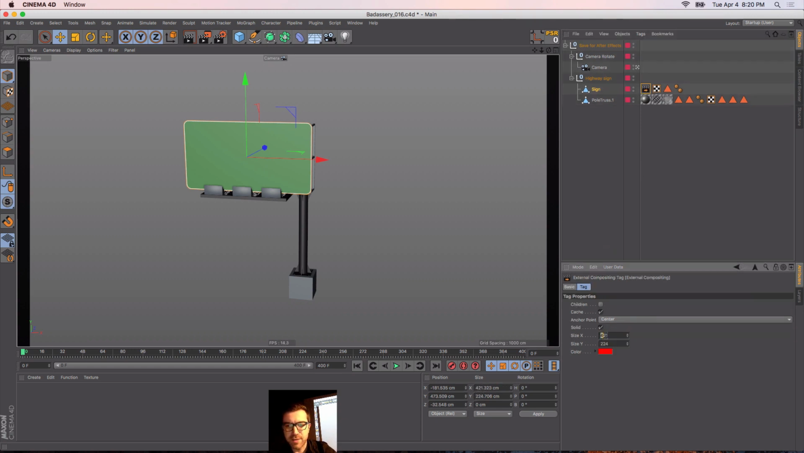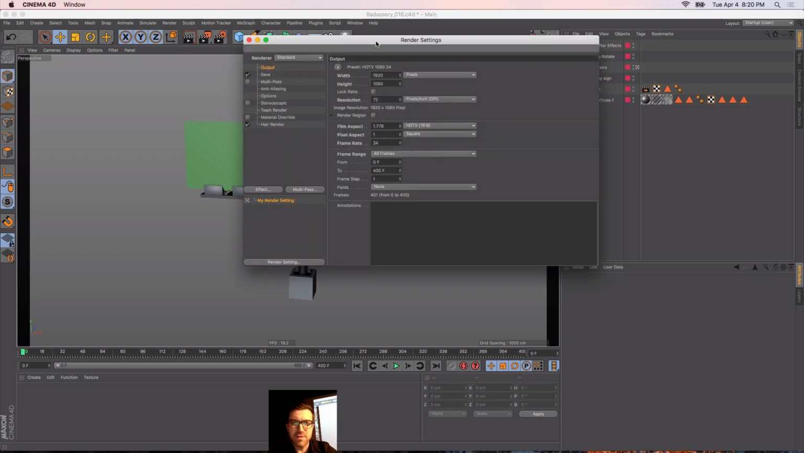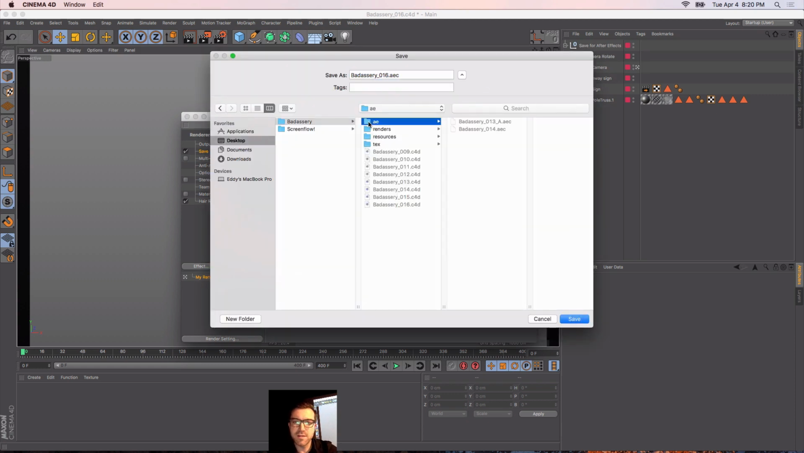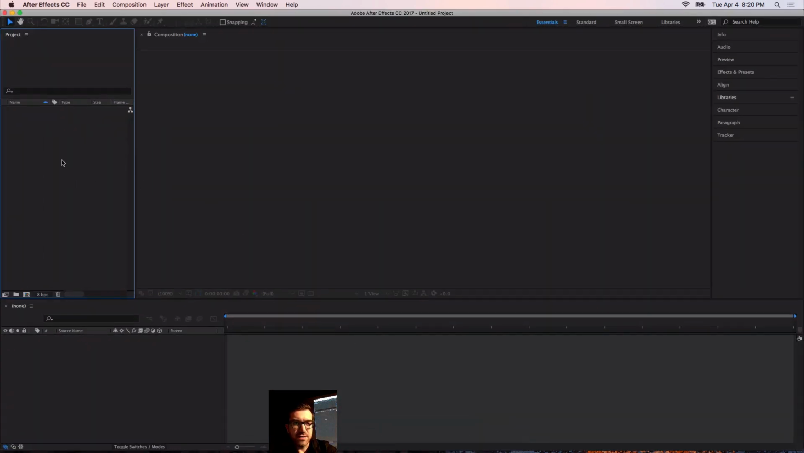So previously I piped that in, so that when we open our render settings, under the Save tab in the compositing project file, you check Save for After Effects or Nuke or whatever you want. Include 3D data, which I think includes cameras, lights, and anything that you have selected to export. And then save the project file, save that out, and then over in After Effects,